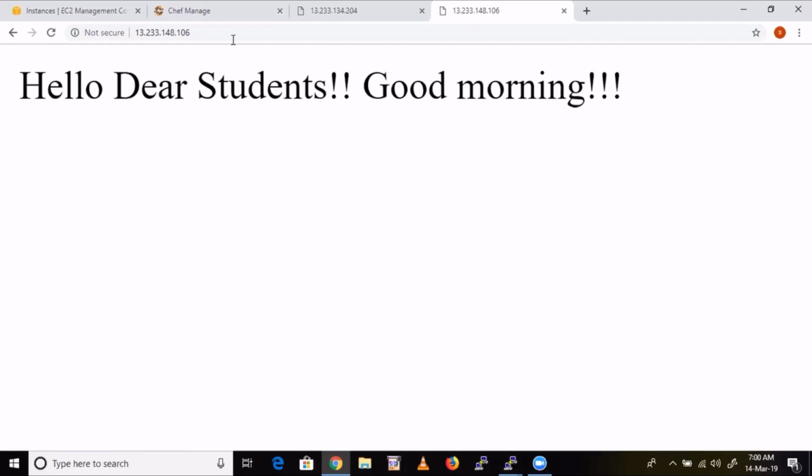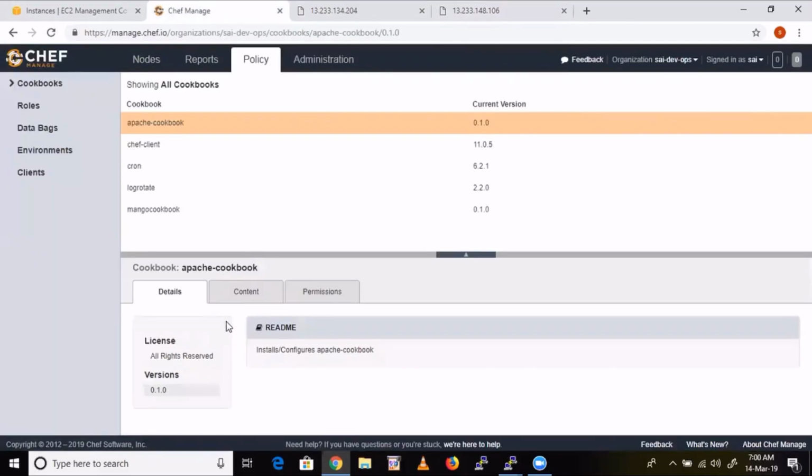When you upload the cookbook to server, that's it. Now onwards what you need to do, you create cookbook, you upload cookbook, you edit that cookbook's recipe in a role. That's it. So here hit refresh now. Still not yet. 30 seconds are not over yet.